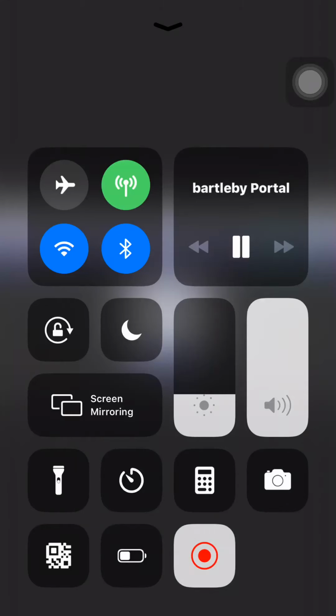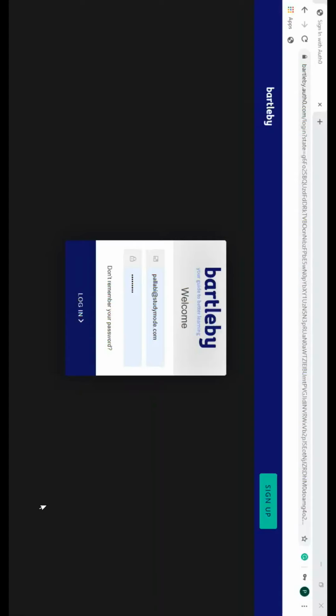For that, you will have to log in to www.portal. Once you log in, the user interface will then ask you for your username and your password. Please log in with your credentials that we have shared with you over email. We request you to use Google Chrome for a better experience.